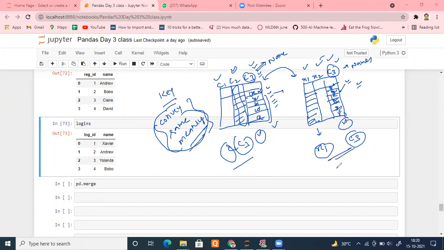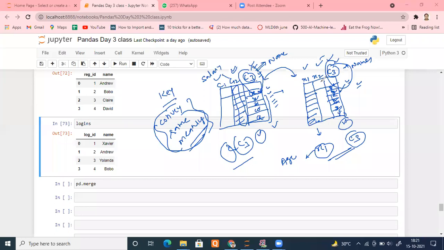Unique entries done. Now check, are they conveying the same meaning? Here C3 conveys the name, and here also C3 conveys the name. It is satisfying, so it can be an option. But what is happening here? C2, for example, indicates the salary of someone, and here X1 indicates the age of someone. Can we join them? No. We are not able to find a link. A link is able to be established only between C3 of this table and C3 of this table. Is it okay now?